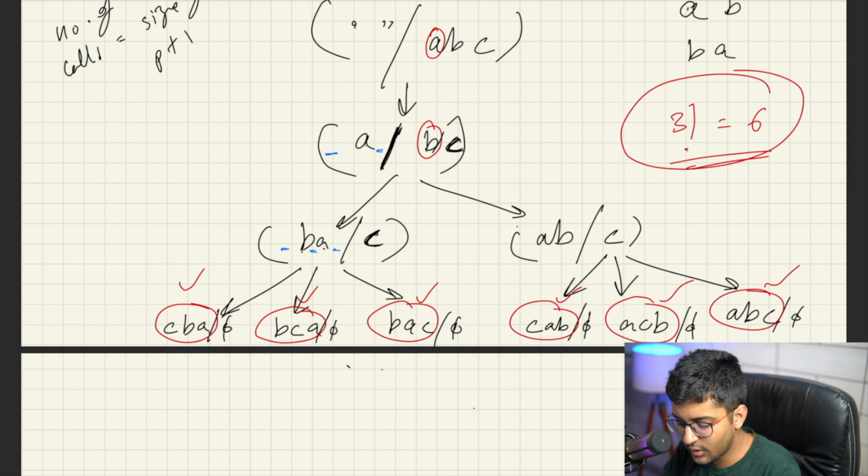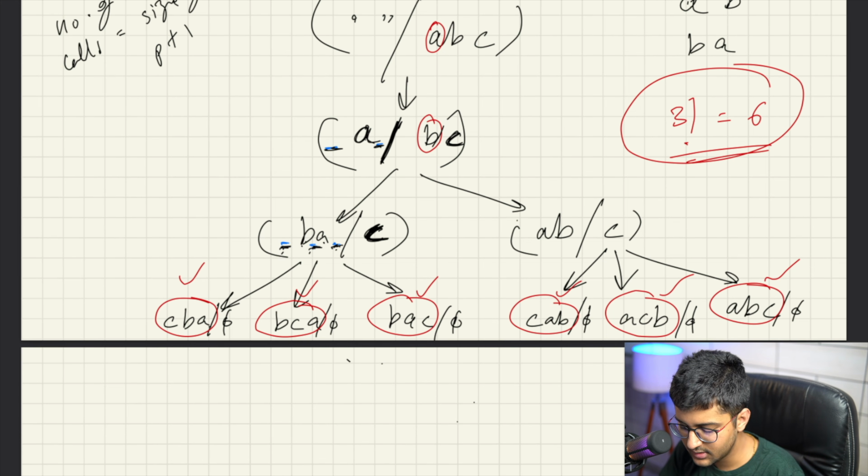And at every call, what are you doing? You're making another call that is adding the first character of unprocessed in the potential answers in the respective positions. And what is the number of these positions going to be? Obviously, length of processed plus 1. For example, here processed length is 1, so number of positions is 1 plus 1, 2. That is correct. Processed length is 2, number of positions where you can add the third element is 3. That is true.